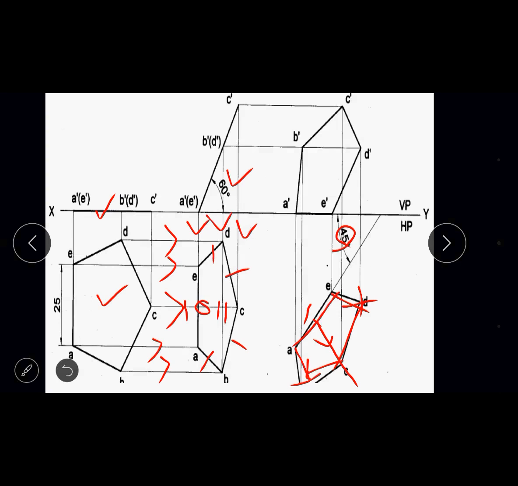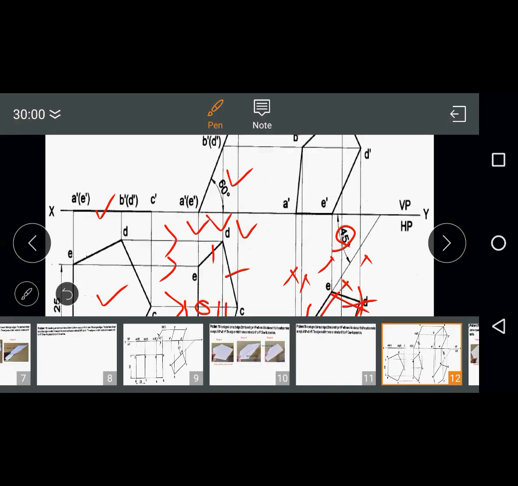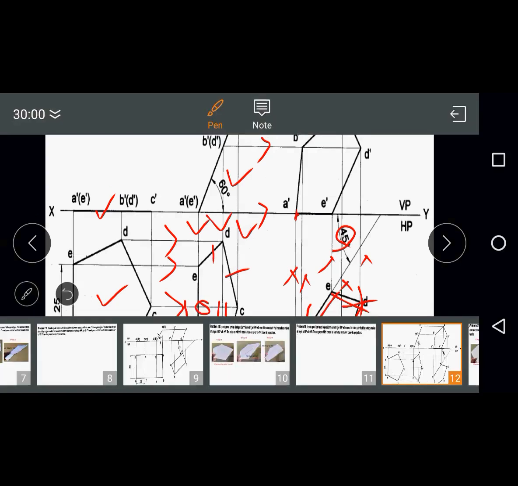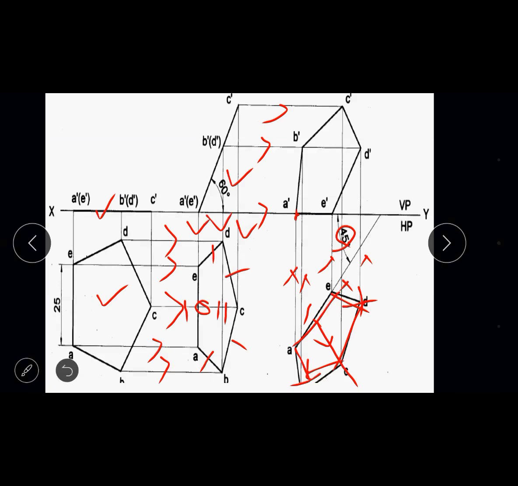Then after that, as usual, you have to draw the projection lines to get the final front view of the pentagon. Draw the projection lines from A, B, then C, D and E. You have drawn the projection lines from the top view, and similarly projection lines from the second front view. So just study the locus of A and locus of A dash. The first point will be A dash. Second point, locus of B dash. This is the second point, B dash.